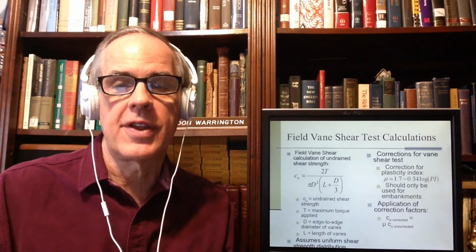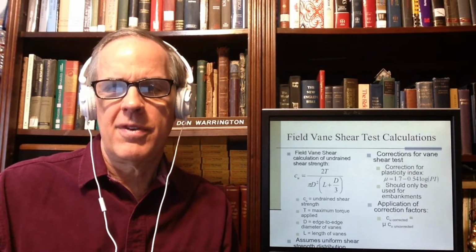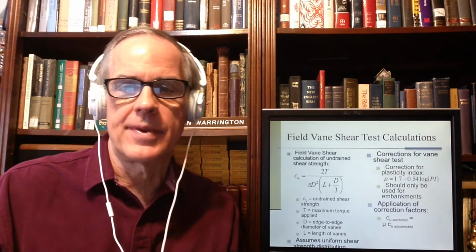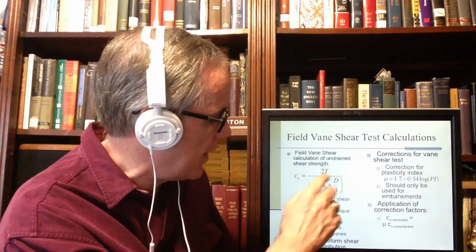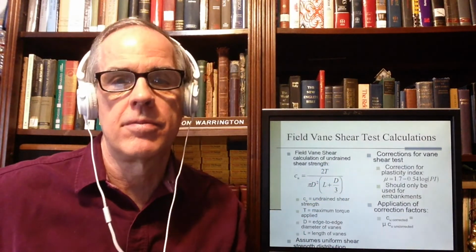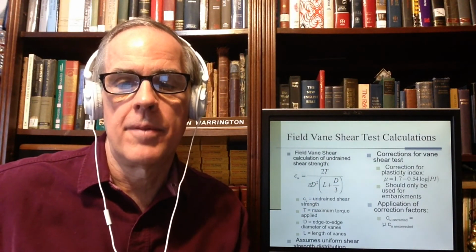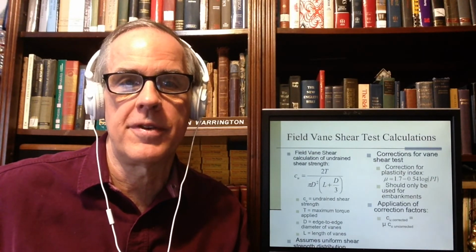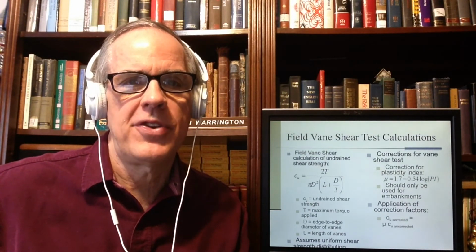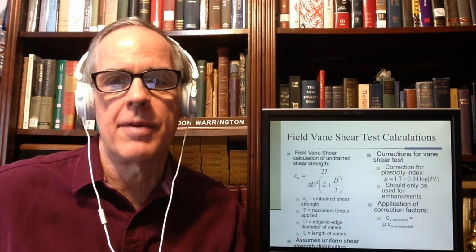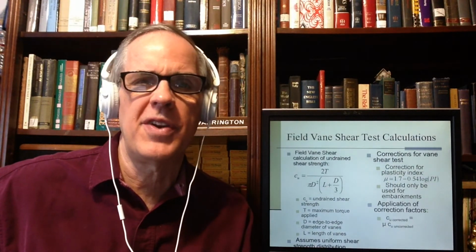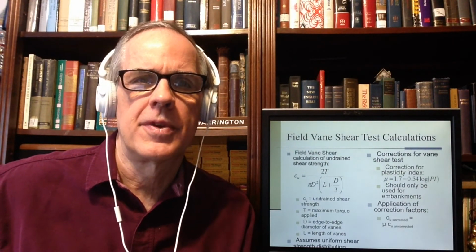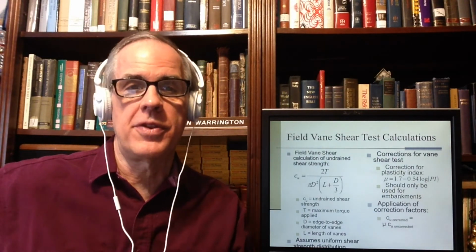Field vane shear test calculations are somewhat straightforward, not that complicated. The C sub U can be computed as 2 times the torque over this expression. It's a function of the torque you get and the geometry of the vane. It assumes a uniform shear strength distribution in the vane. Unless you hit a layer, you can probably do pretty well with that. But if you've got rocky soils, you have to be careful with it. For a reasonably uniform soil stratum, uniform within a few inches,